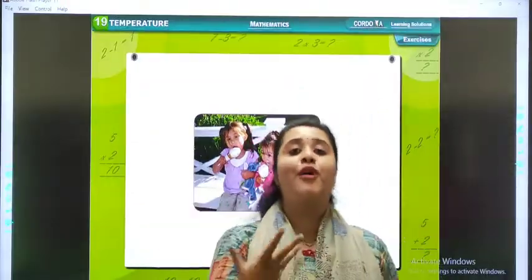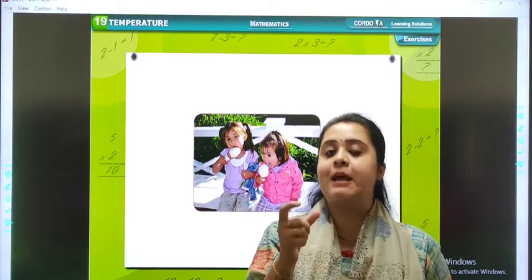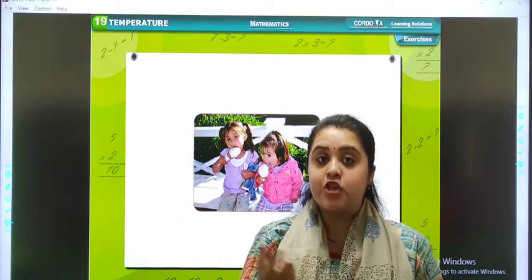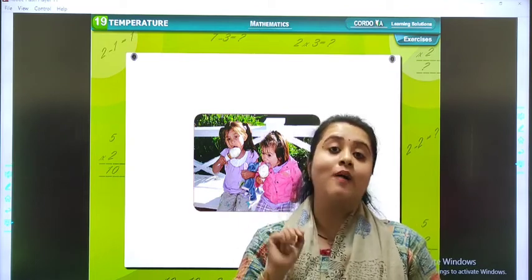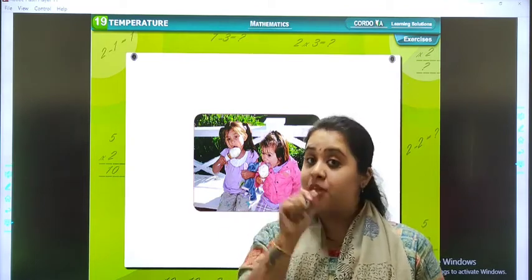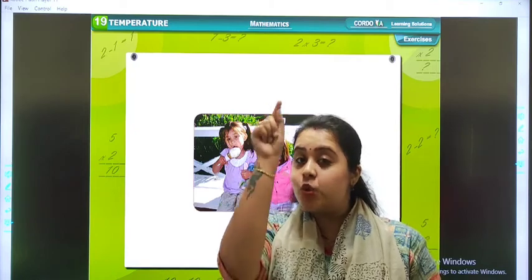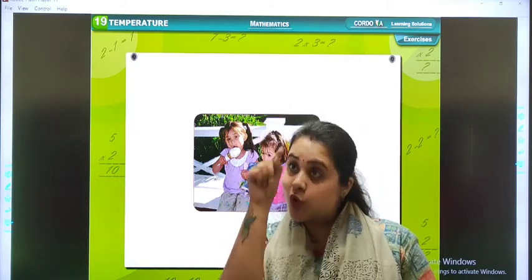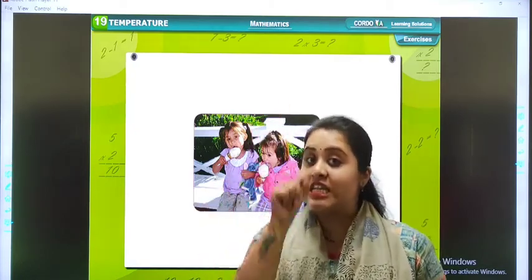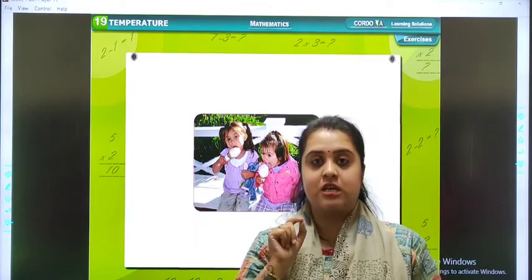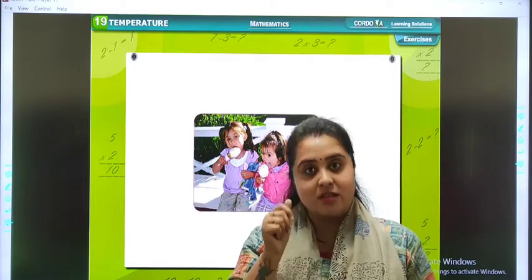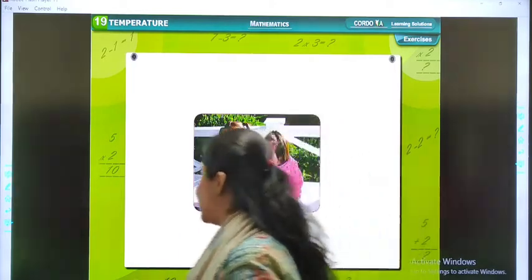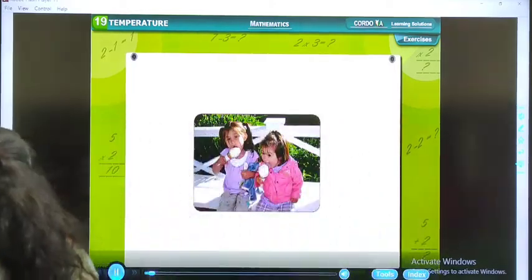Students, we are very familiar with the word temperature. Temperature means आसपास का तापमान. You can see in your smartphones, temperature is given. ऐसे ऊपर छोटा सा डिग्री लगाई होगी, वो C या F होता है. C stands for Celsius and F stands for Fahrenheit. Okay? So now let's understand it in a better way.